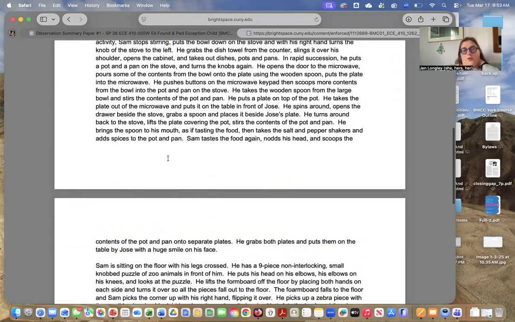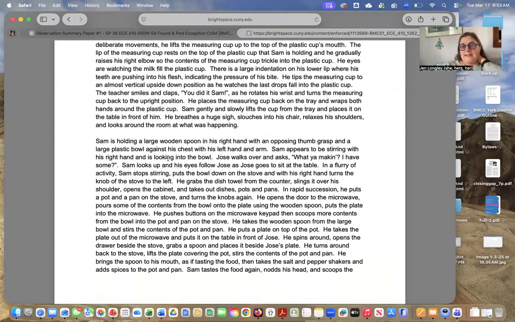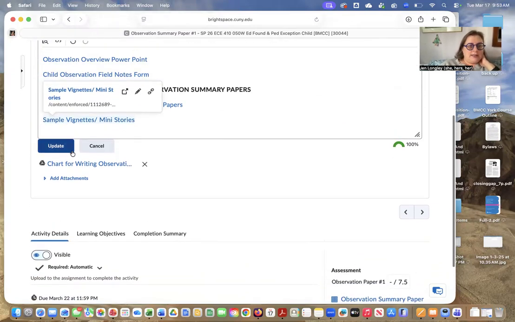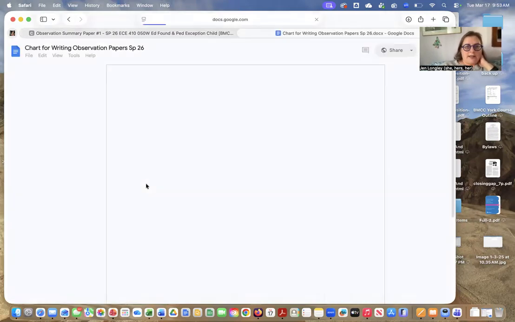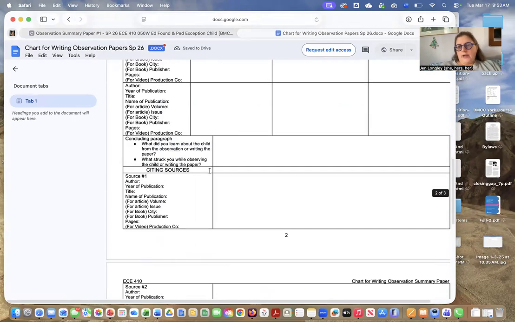Okay, so your vignettes should be detailed. So please think about times that you've captured that you have details from your observations, and you should have several vignettes. And then the last thing that I just want to show you is there's also the chart for writing the observation summary